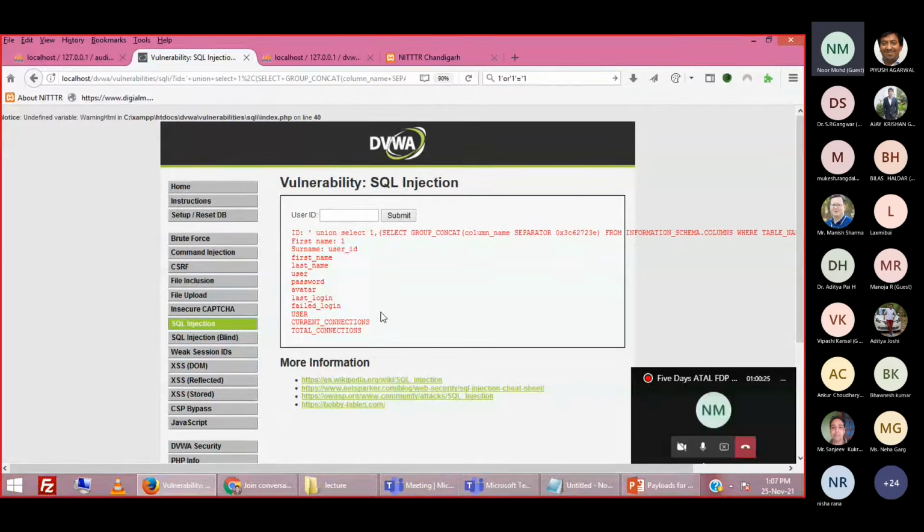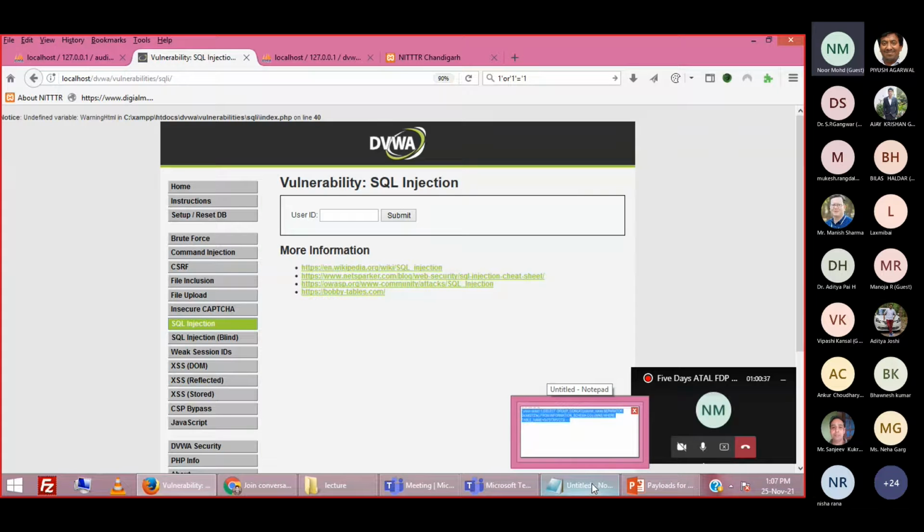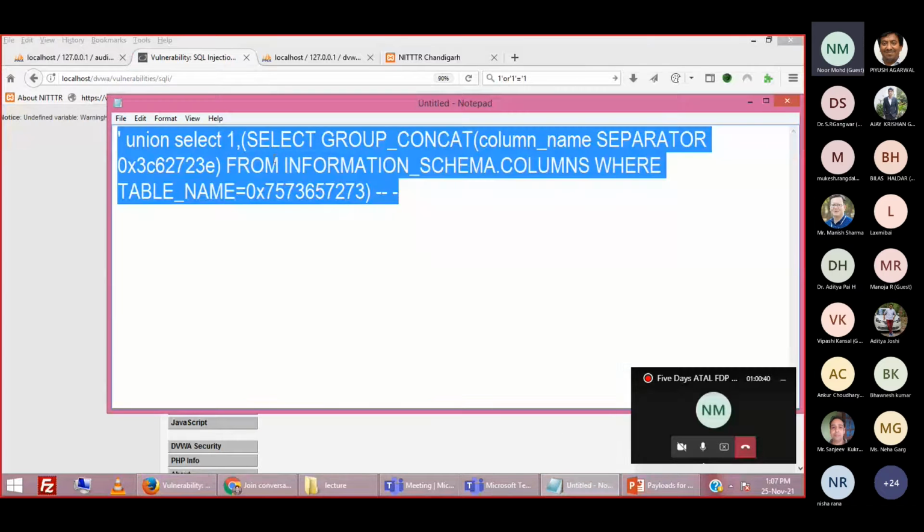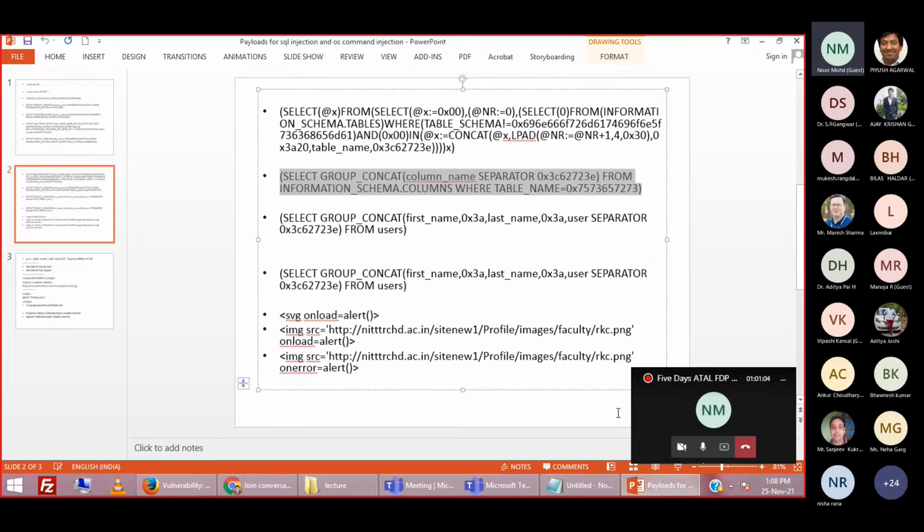Okay, so we have just retrieved the table name. So we have moved one step more ahead, and now we are going to extract some values of the column, which is our climax, right? Because we are more interested in the values. The database name and the table name, all this information is very crucial for hackers as well as the website owner, but hackers are more interested in the values, the information stored inside the columns, right? So now we are going to use this payload.